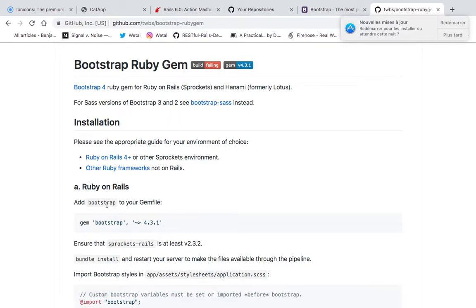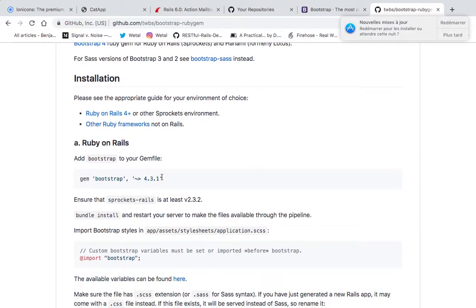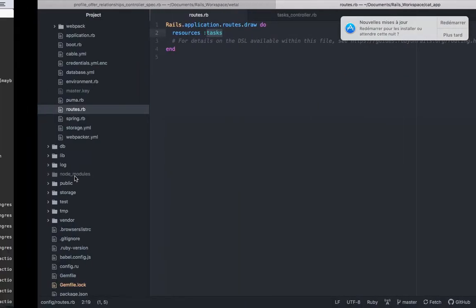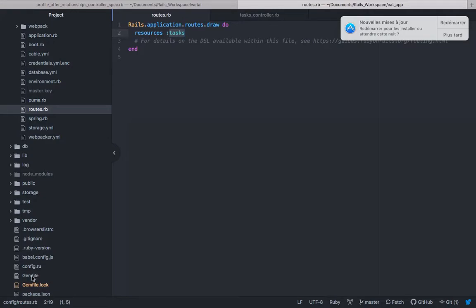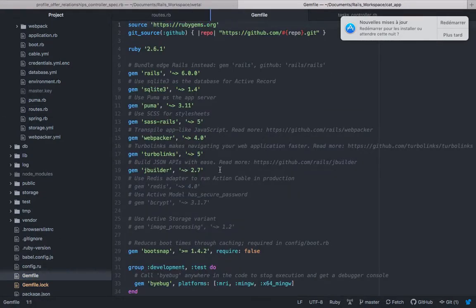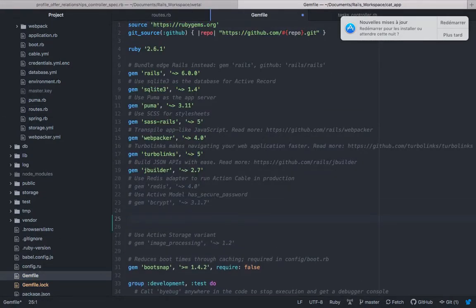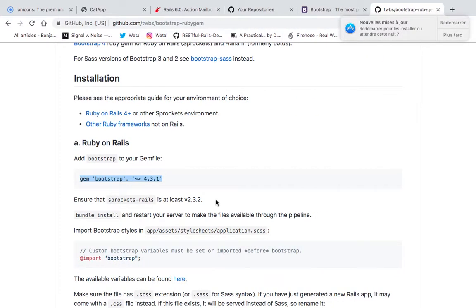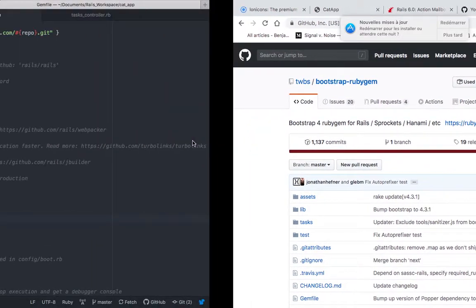So we're just going to follow this sort of tutorial here, those directives here. So we put that line into the Gemfile. The Gemfile is actually a file where you can list out all the libraries that you will be using. Then make sure you have sprockets-rails. Okay, so I think